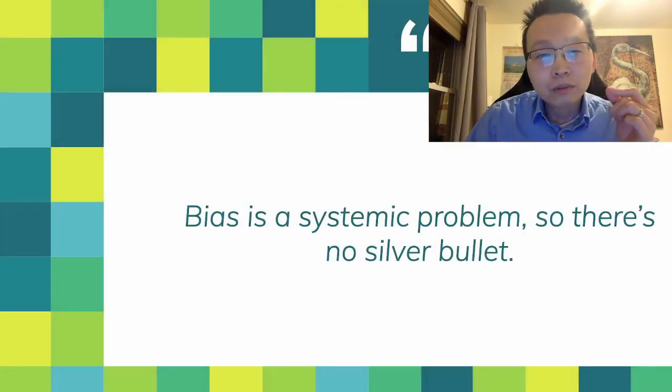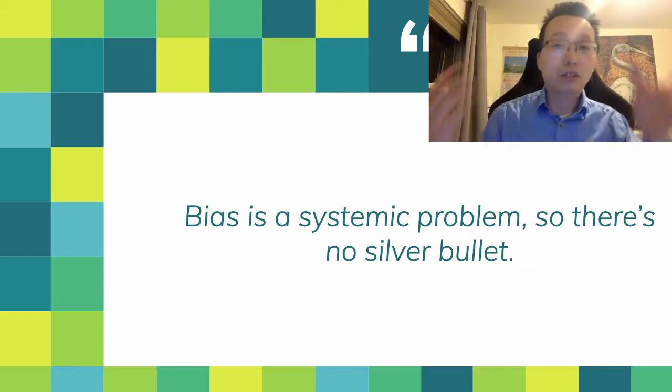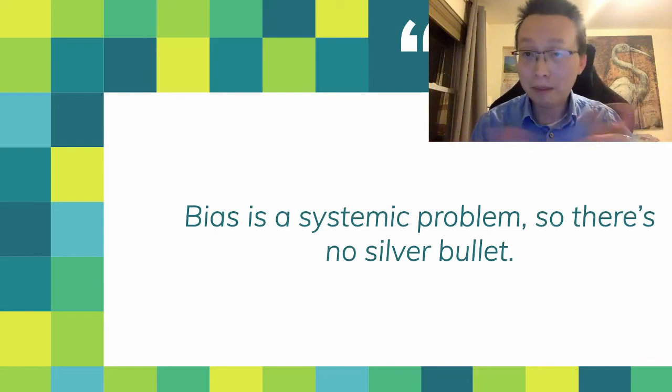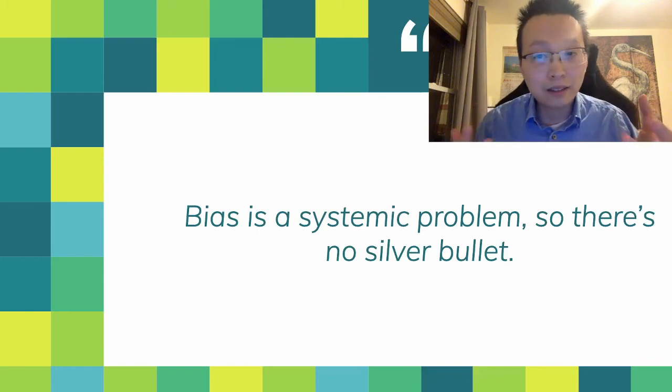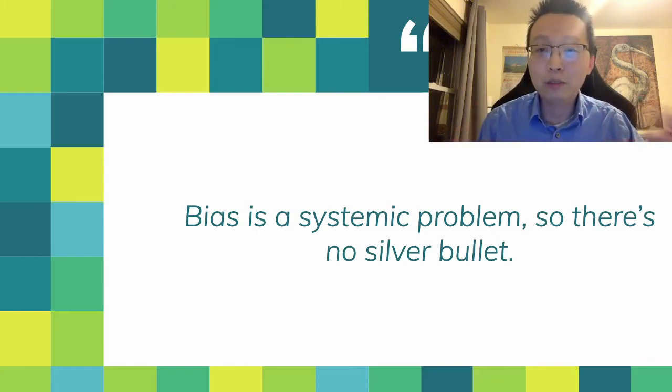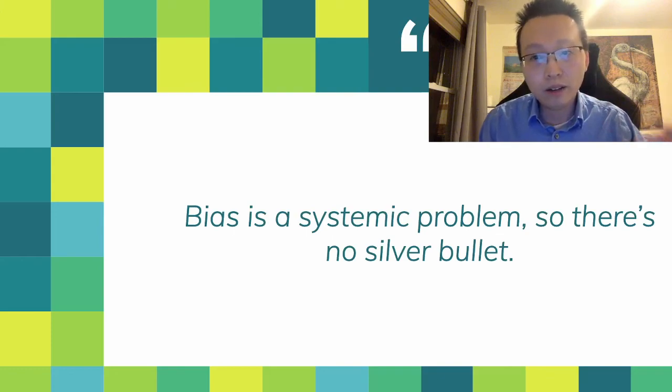Bias is a systematic problem, so there's no silver bullet. Right now, I think it's important to be aware of it and not just blindly assert that a particular problem can't be biased. Even though there might not be a one size fits all solution for it, I think the first step is understanding the problem. And I think this film did a good job at telling the story and making people aware of the problem.